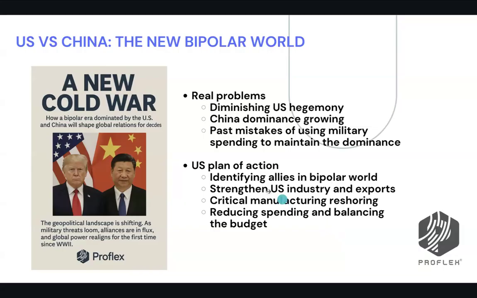So first of all, what Trump did by creating this initial tariff on everybody is try to identify who are the allies and who are going to go with China. As you can see, it's very obvious. And when I wrote this article, when the first tariffs came out, that is exactly what we are seeing right now. There are obvious allies, Japan and Korea, which are very much dependent on the US.